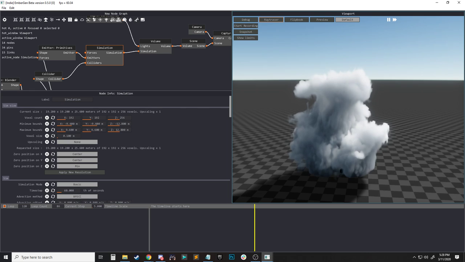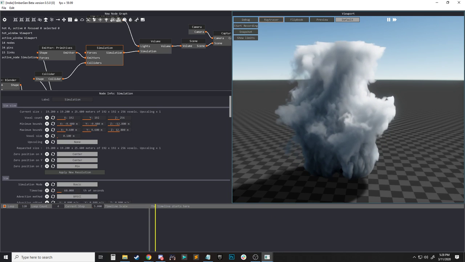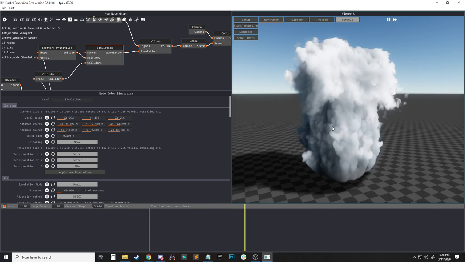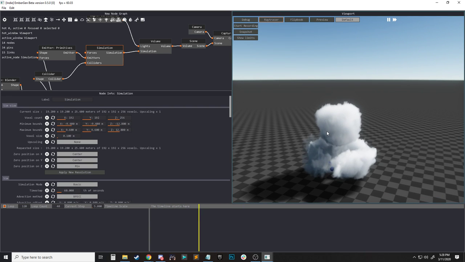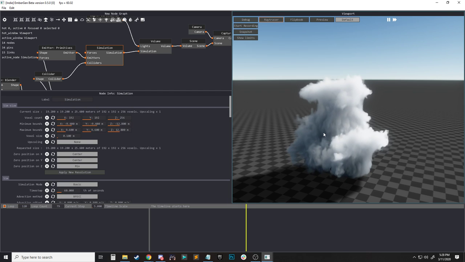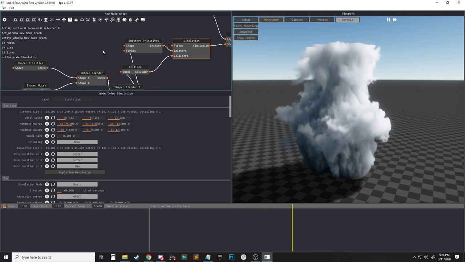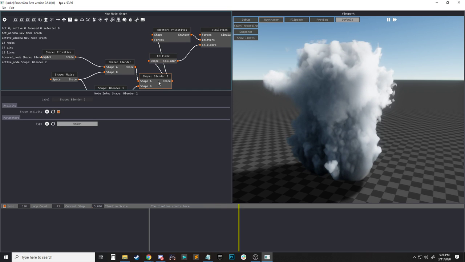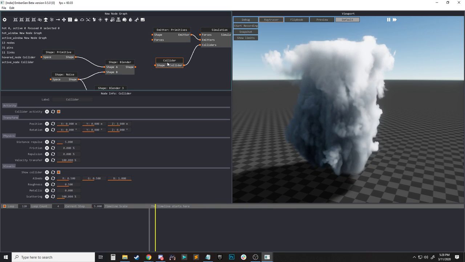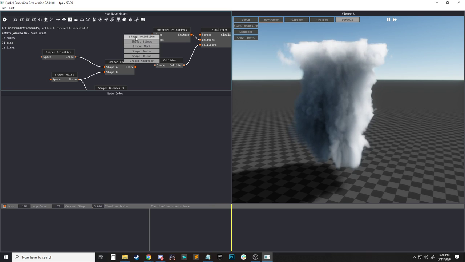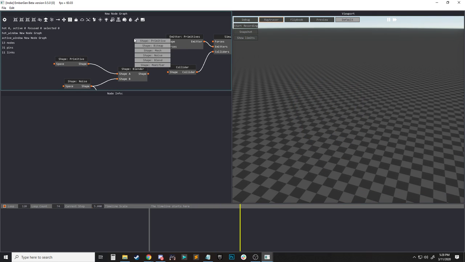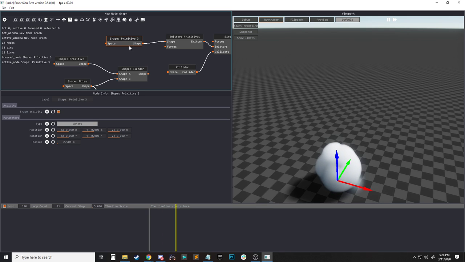Can you do a tornado of fire, for example? Not right this second, because some of our stuff is still funky with vector fields, so I can't. Actually, you know what? One thing I can show. Let's go ahead and delete all these crazy shapes, and I will show you a hurricane. So let's go over here. Let's do a primitive. Let's do a